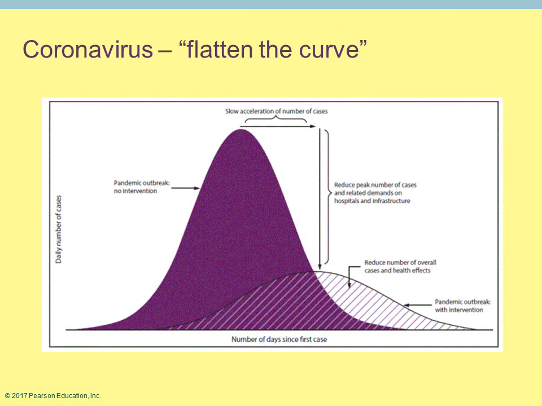With current things going on with coronavirus, I did add a few slides. When you're hearing terms such as flatten the curve, what are they referring to? If you look at this graph, it shows the deep purple one. This is without any type of intervention, meaning without anything like social distancing. You would expect to see your first number of cases, and then that dramatic rise in the graph. So where you see the arrow, pandemic outbreak, no intervention.